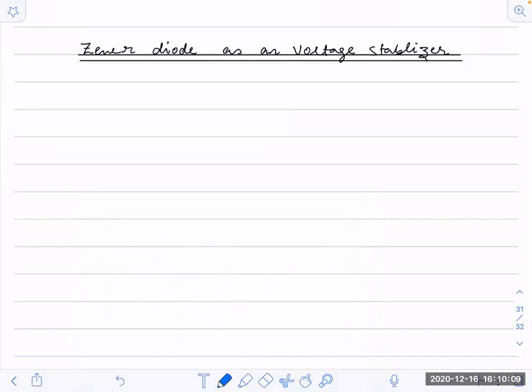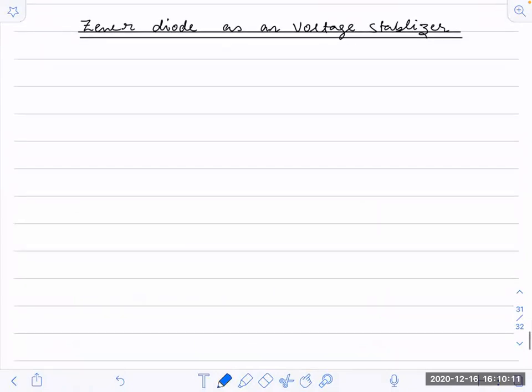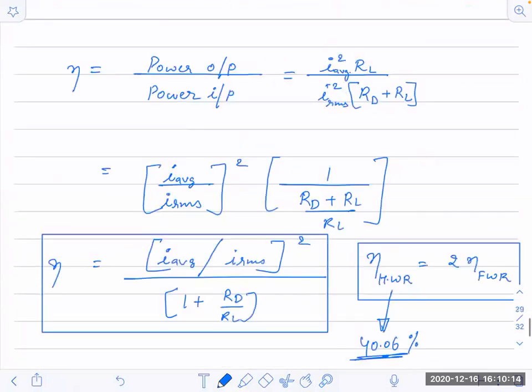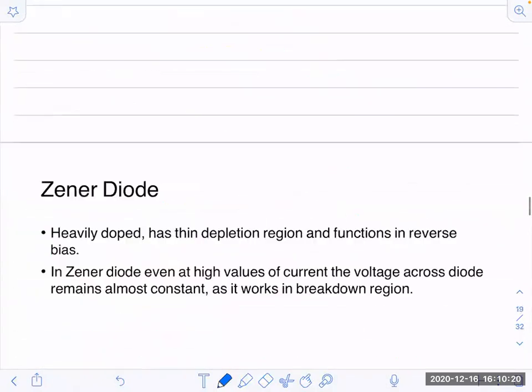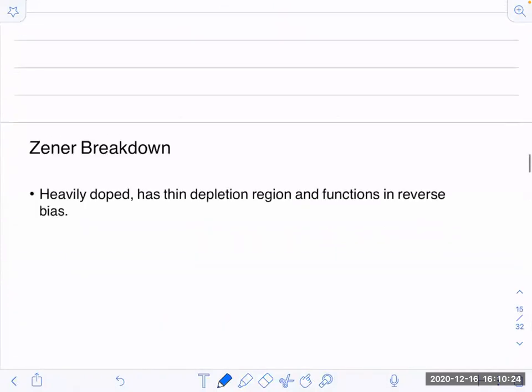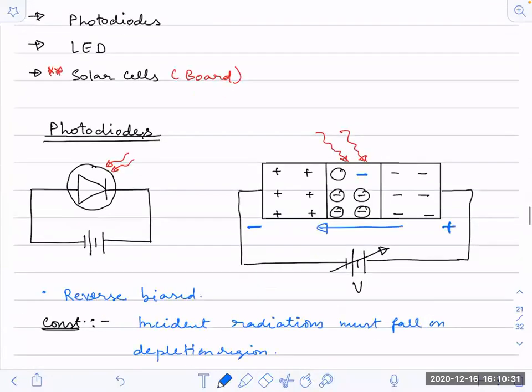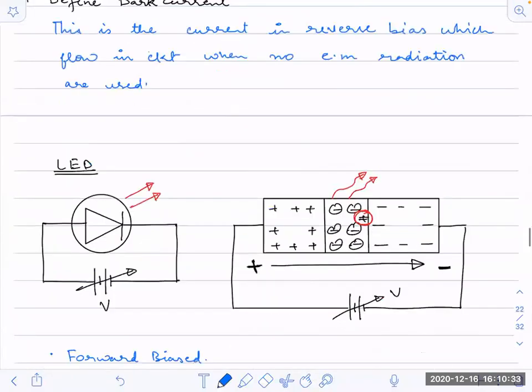So, Zener diode as a voltage stabilizer. A brief about it I have already told you when I was teaching this Zener diode. I did a little bit of briefing when I was taking the Zener diode for you. Okay, no problem. If you remember the Zener breakdown,